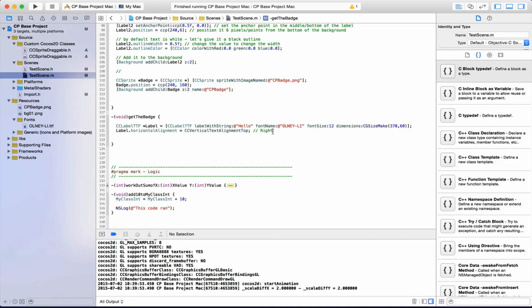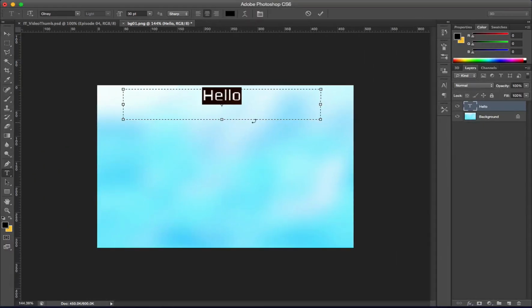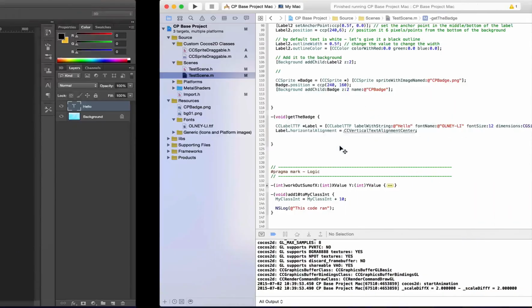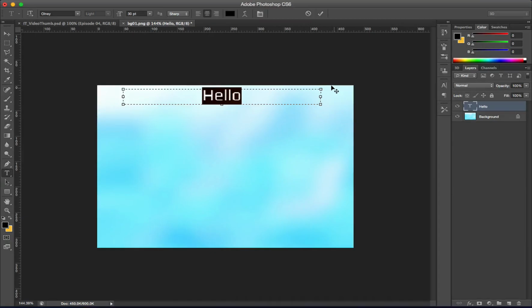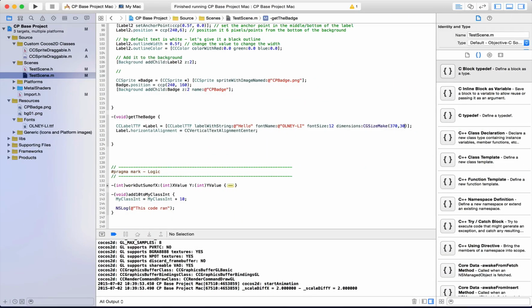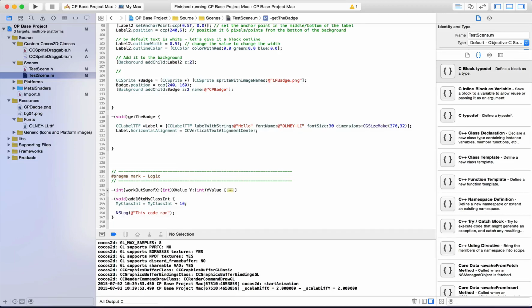So we'll change it back to the center. And you can see I haven't added in too much here, so I'm going to try to create it exactly as is here. So we'll change the dimensions to match near enough the font. So we'll say dimensions of 30 and the font size 30 actually. So what I'm going to do is make it 32, just slightly bigger, because with the font size, sometimes it gets clipped off. So what we'll say is